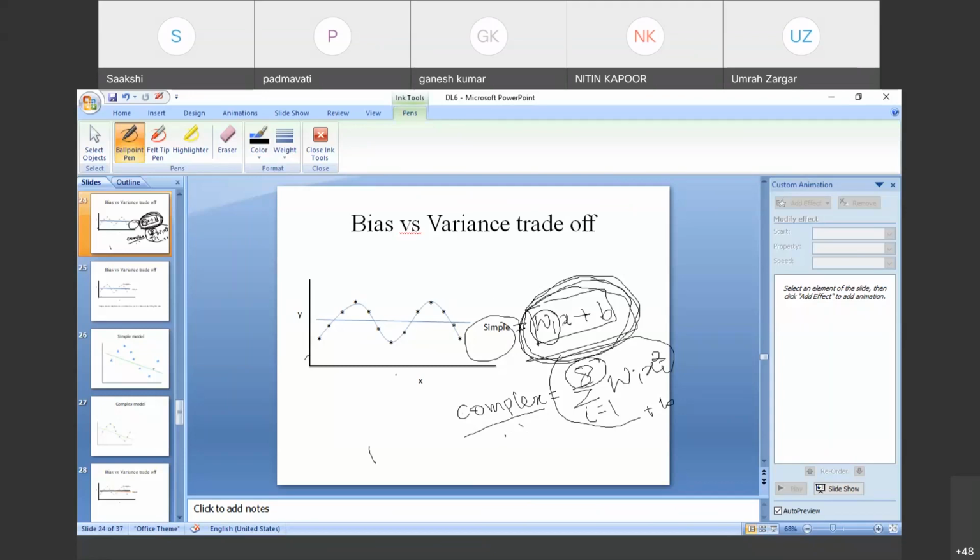Just to learn this particular example, I have some data points across, and forget about this curve that I have joined through all the data points, and also forget about this line at this moment. Just imagine I have been given some data points and I need to build the model, and for simplicity I want to build two models. One is a very simple model with a single parameter, and the second one is this complex model with so many parameters.